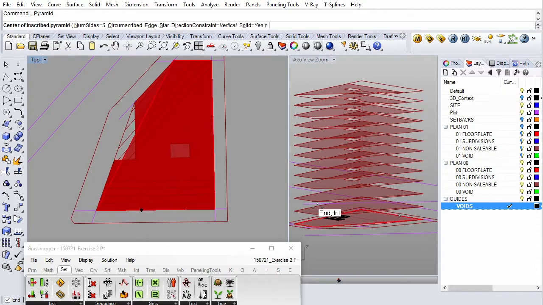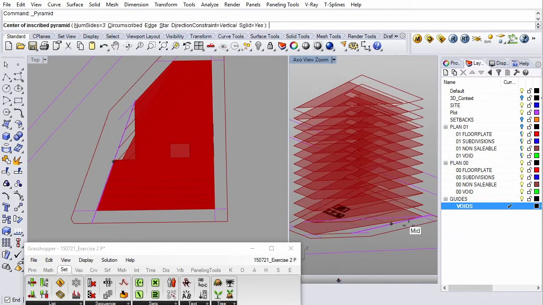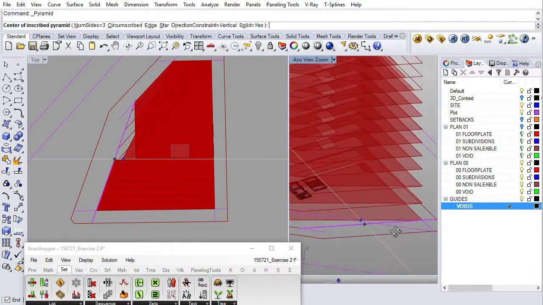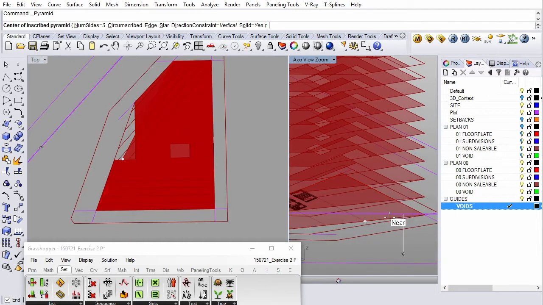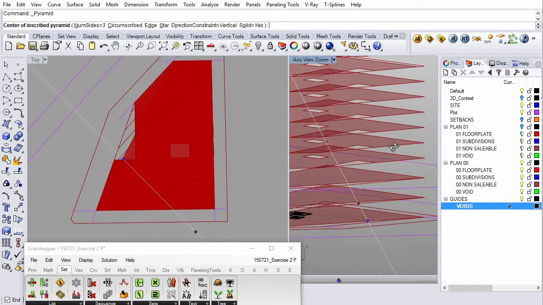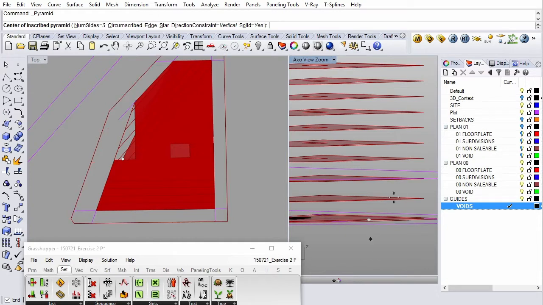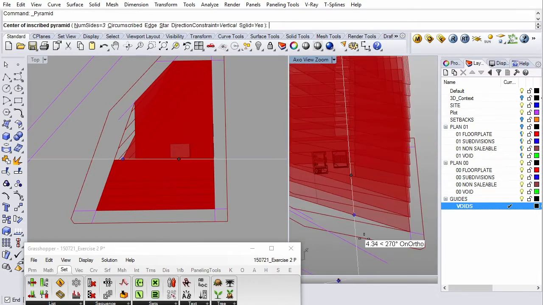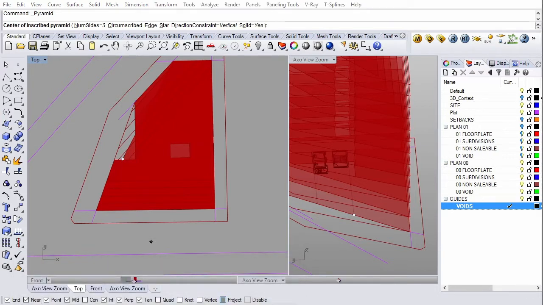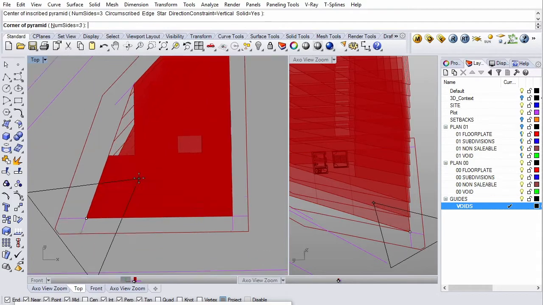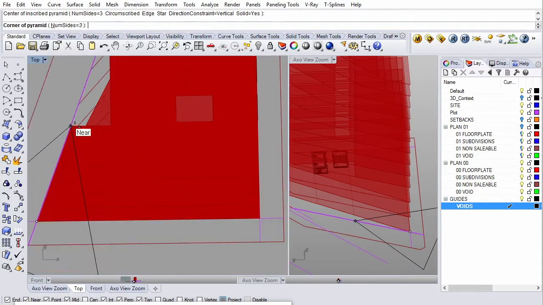So let's just say at this corner, we want to pull it in to create better views on an urban level. So what we'll do is just draw a pyramid that corresponds to what we want.